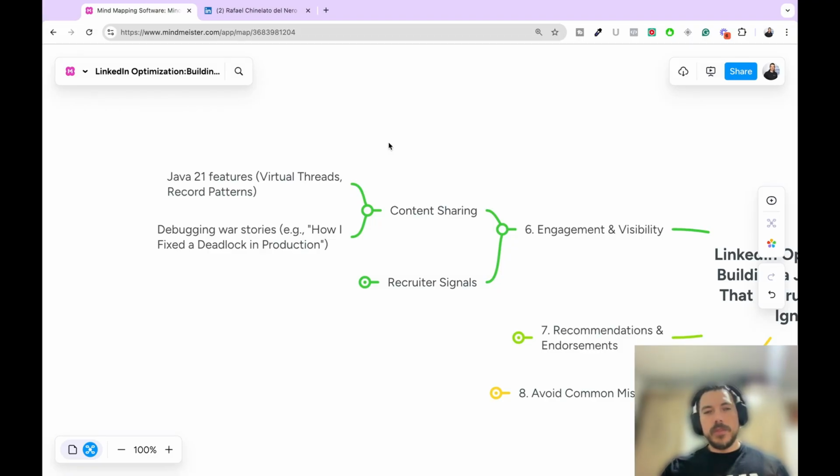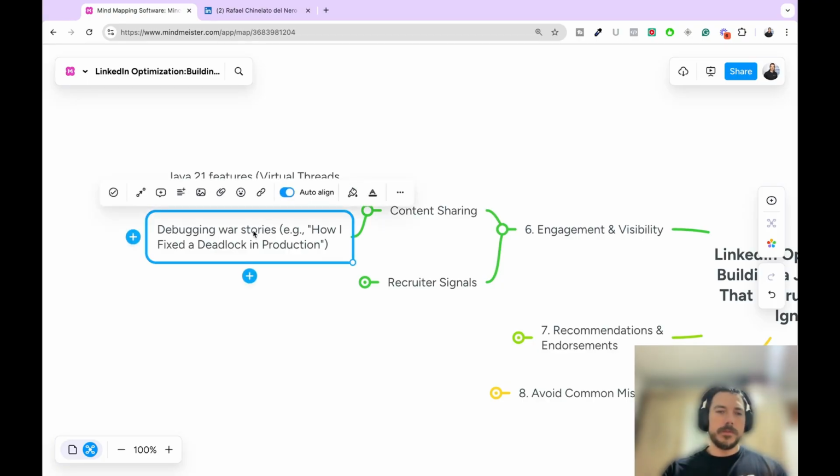And what I recommend is to start writing an article about something you are learning. So for example, if you're learning microservices and you want to consolidate this knowledge, why not write an article about microservices? And as a byproduct, besides really filling in the gaps and learning about microservices, you're also going to be creating visibility on your LinkedIn profile, and recruiters will be a lot more likely to reach out to you.